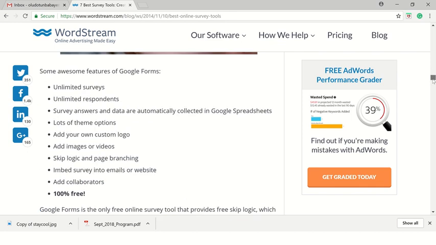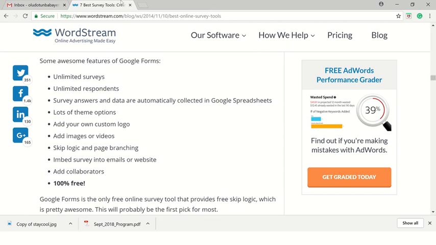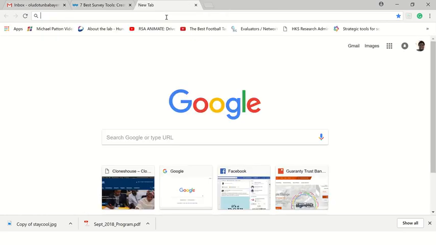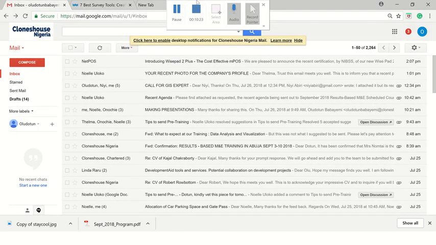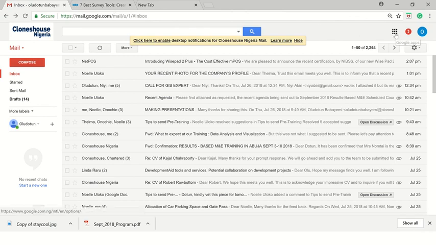Yes, those are three tools we will talk about now. But for this skill share, we'll focus on using Google Forms. How do you get there? All you need to do is sign in to your Gmail. This is my own Gmail account. Just to your far right, you're going to see this button. Click on the button